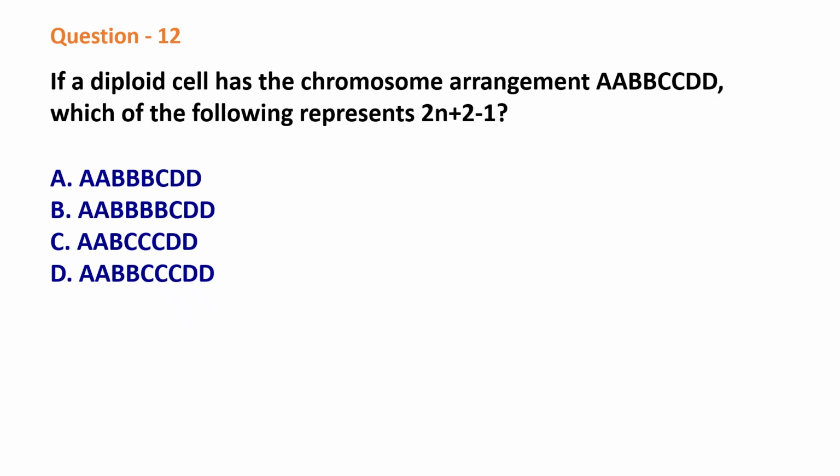Question 12. If a diploid cell has a chromosome arrangement capital A, capital B, capital B, capital C, capital D, which of the following represents 2n plus 2 minus 1? You can just go through the options and see in which option two more alleles are added and one allele is coming less. The correct answer, capital A, capital B,